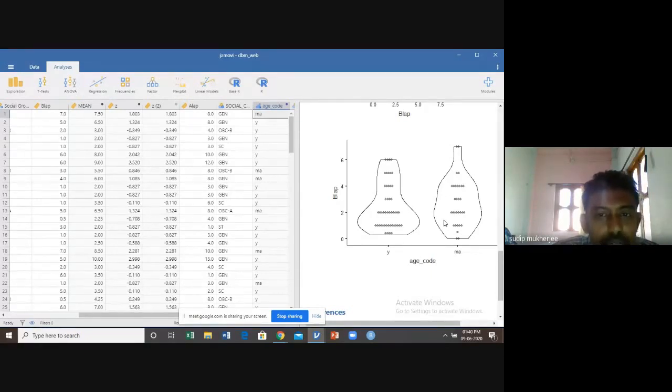So our objective is to know if there is any significant difference in computer uses in terms of age code, or otherwise, if young people are using more computers than old people, or the reverse, middle-aged people are using more computers than young people.